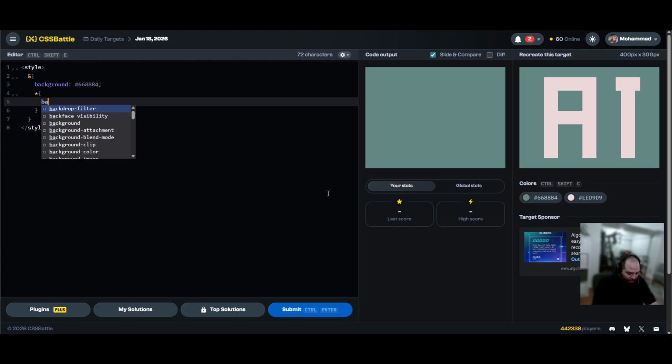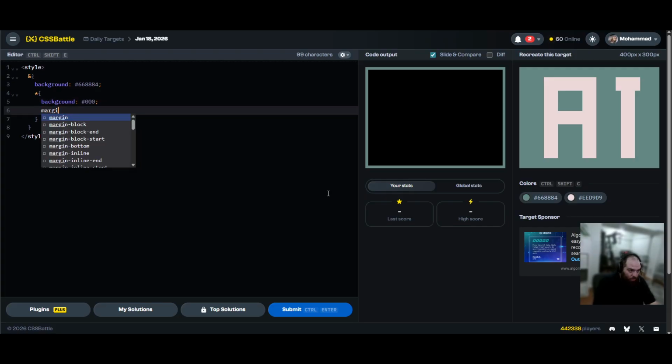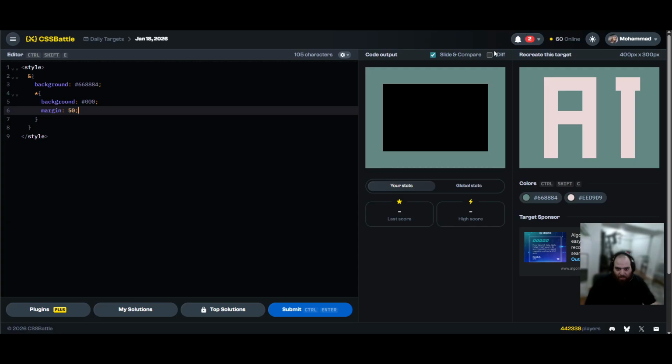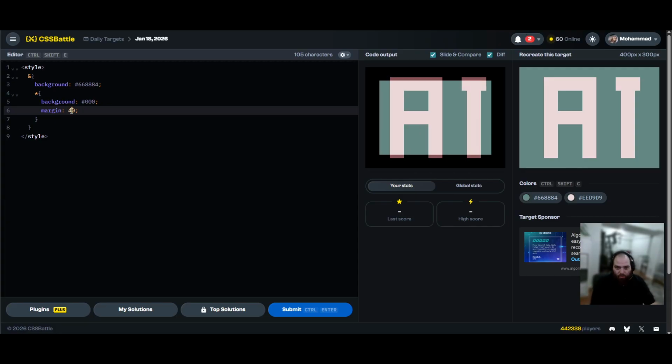Let's see, background black, just to see what we're doing. Margin 50, as always. Okay, a bit too much, 40, 30. 30 up and down is fine. 50, okay, up, left, right, sorry, 50. Let's go 60, 55. And then we go 30 at the bottom. And then here on the left we'll go 60, 70. Okay,